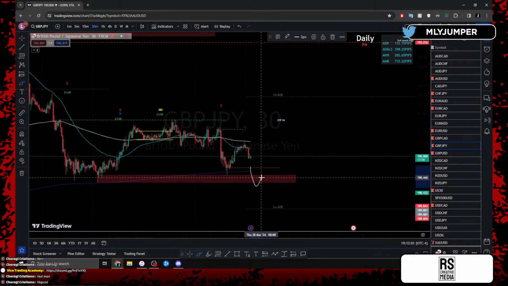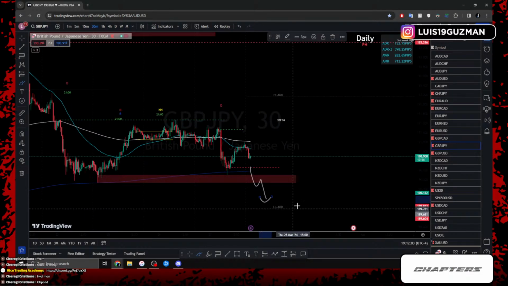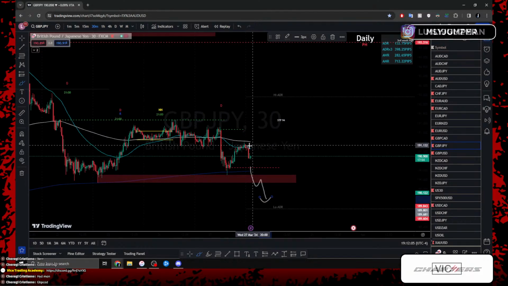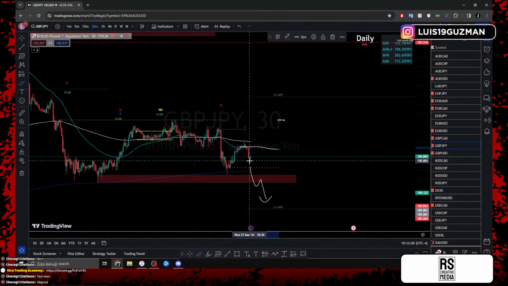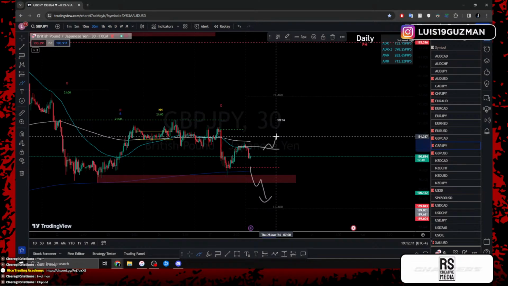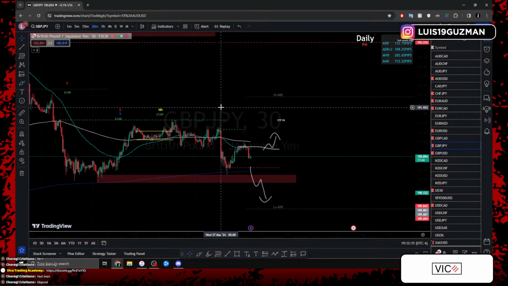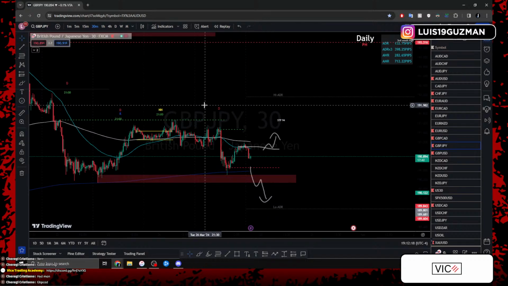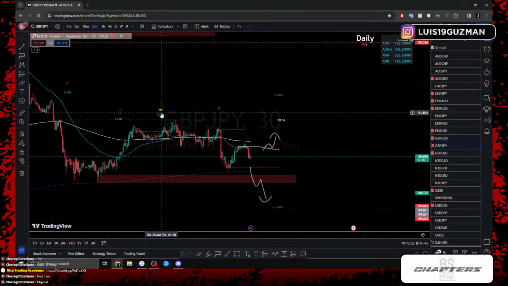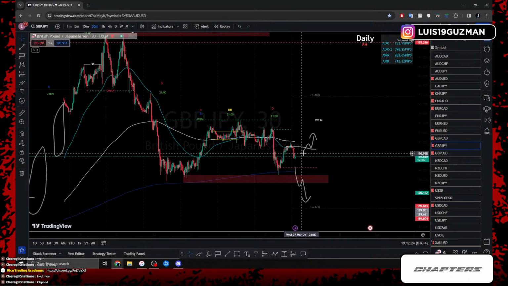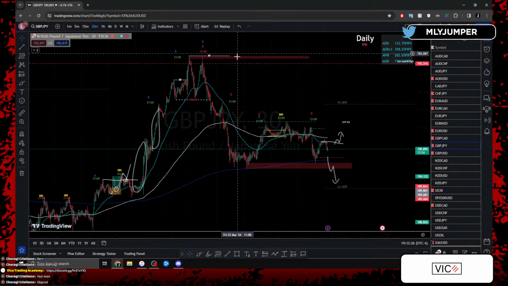If we break below these lows, we'll get a retest to continue the price to the bottom side, or we're gonna get price to break these highs here. Right, we could already see that price is giving us a pullback. We'll get a break above these zones to continue the push to the top side. Right, so we have a day of drop. Price opened green. Right, overall we're trading between this high and this low.